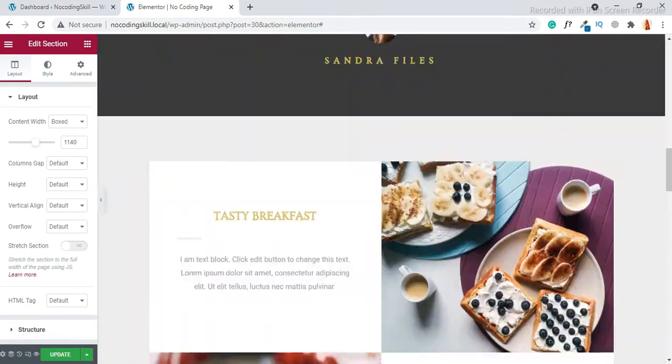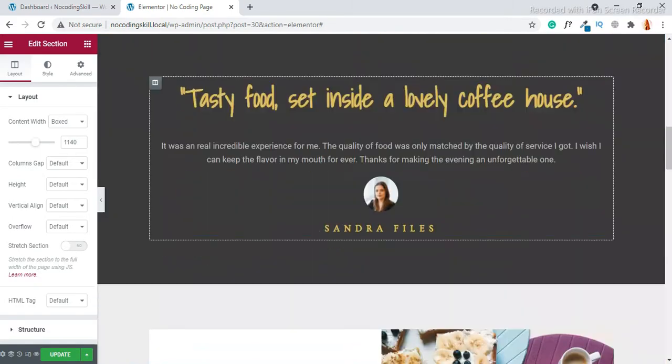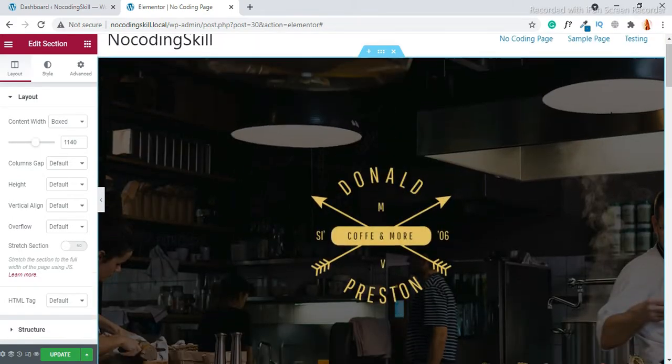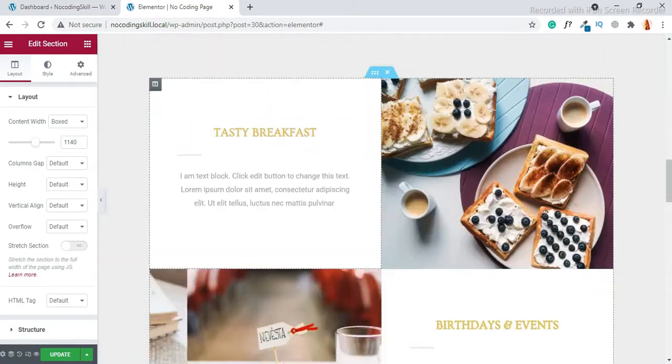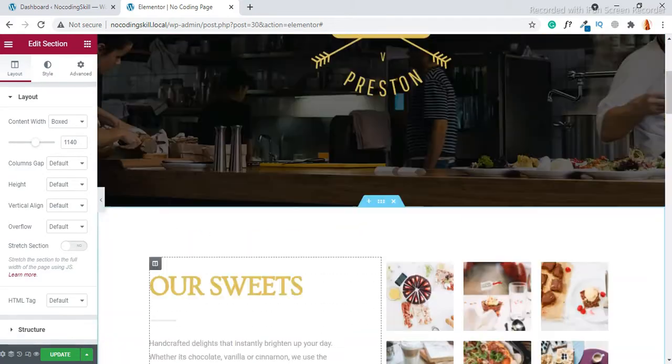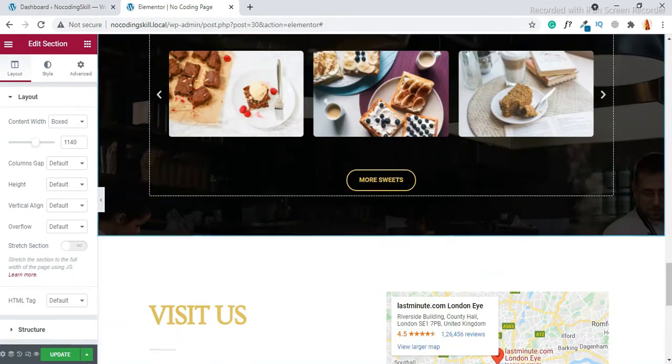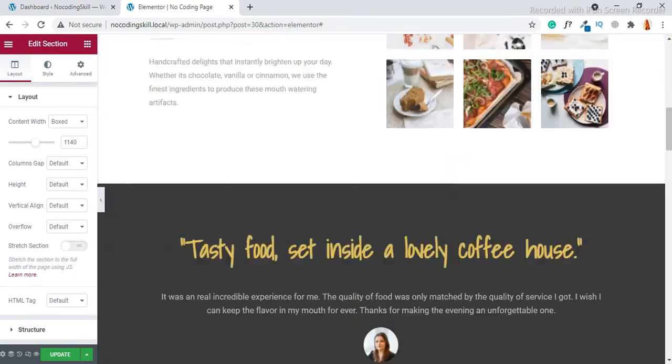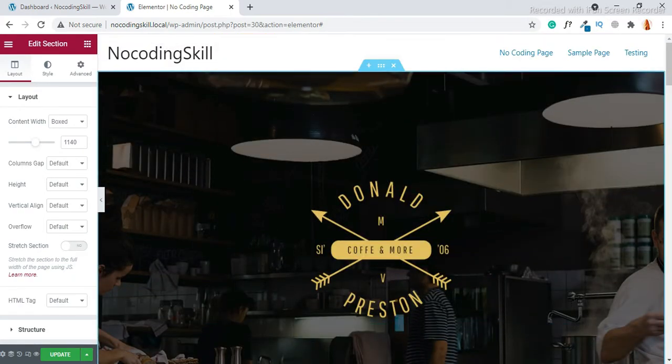You can also edit all these sections, this image, this section. You can also remove whichever is not required. It's up to you. So suppose this is our home page and just click update.